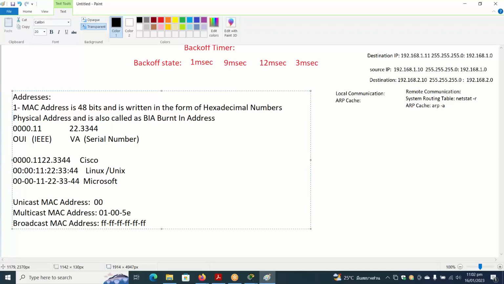So this one is called a broadcast MAC address. Unicast MAC addresses are assigned or attached to your network interface card. But for multicast MAC addresses, let's suppose we have an IP address 226.1.1.1. We have to separate the